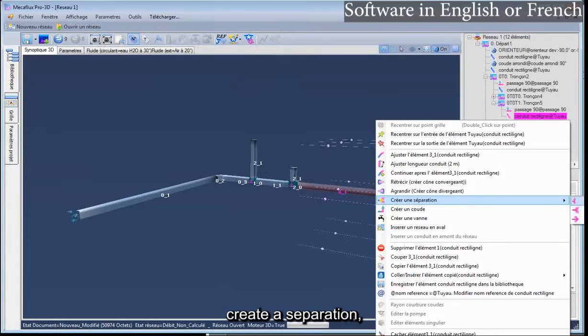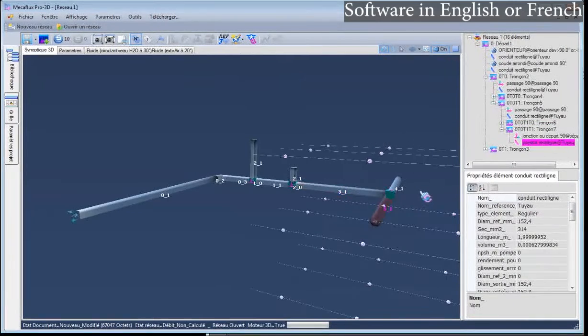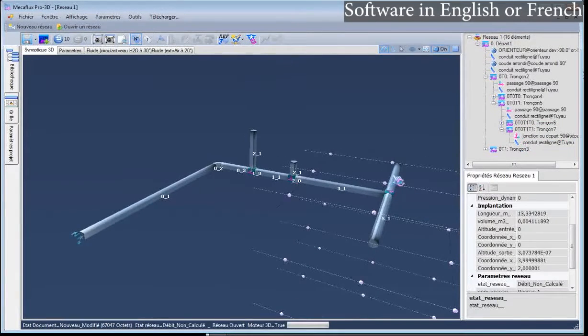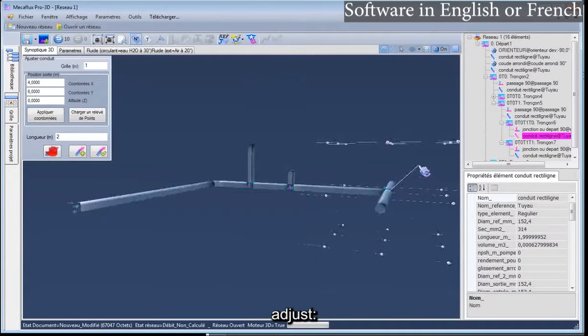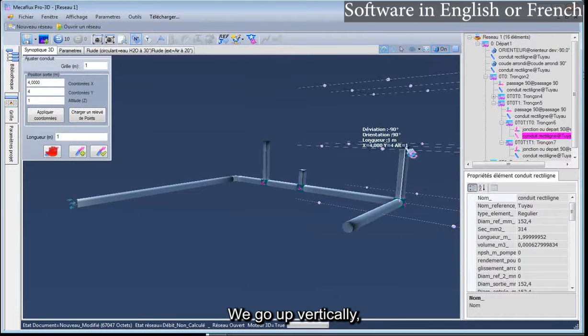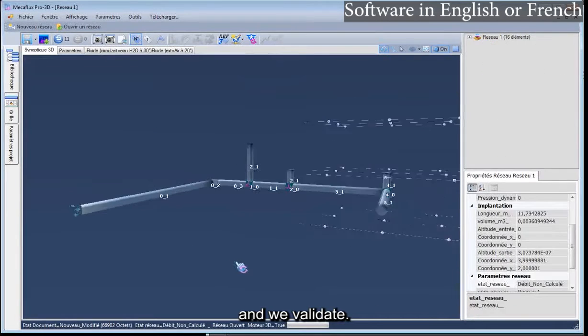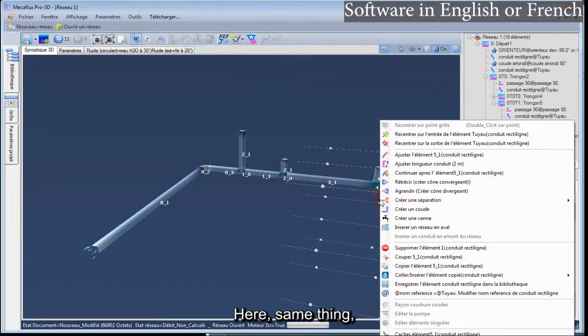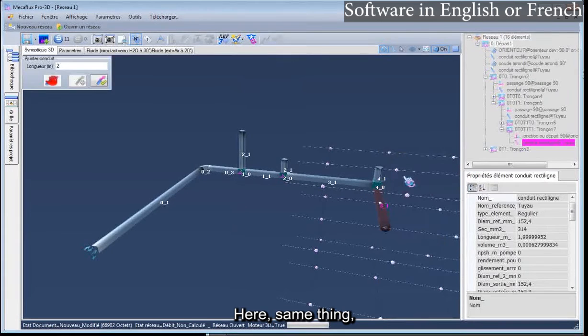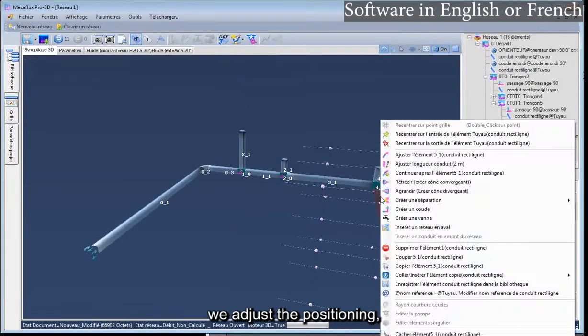Create a separation. Adjust. We go up vertically and set the length to 0.4. And we validate. Here, same thing. We adjust the positioning.